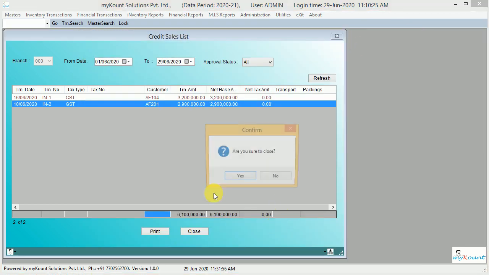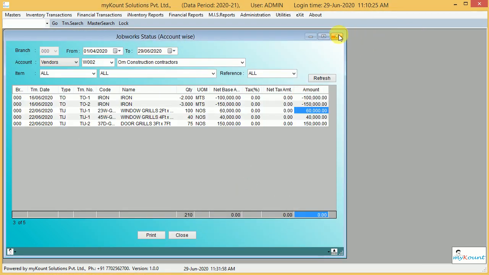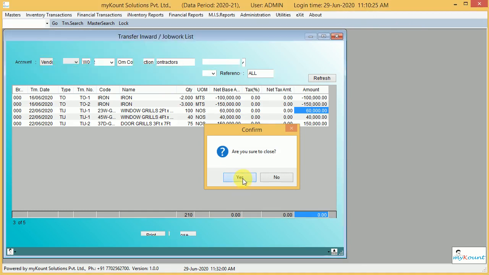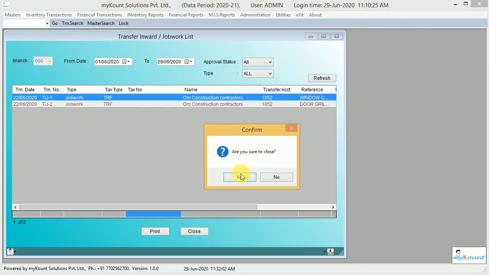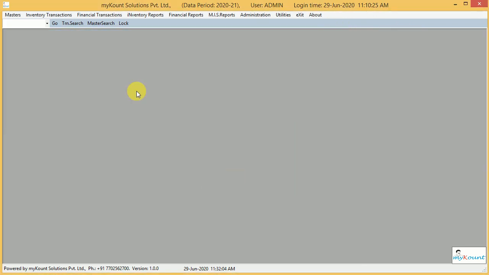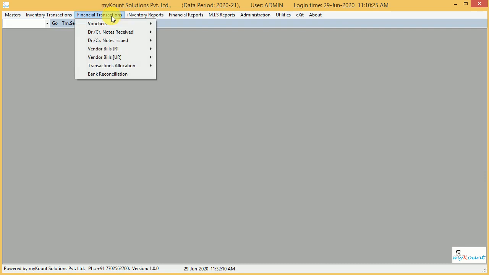Similarly, if we are giving material for job work processing, they will take the material and return it, but for processing they will issue us a bill. That bill will be entered in vendors. If they are registered, we will enter it here. If they are unregistered, we will enter it here.